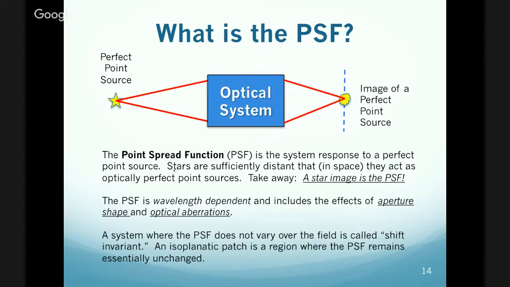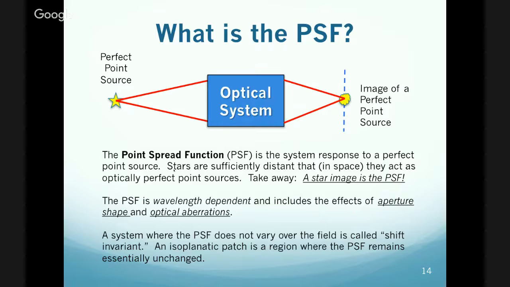star that is sufficiently distant that in space it acts as an optically perfect point source. And so, for example, if we got rid of the atmosphere, if we were out where Hubble is and we pointed our telescope at a star, that star image is the point spread function for your optical system. The point spread function, it turns out, is wavelength dependent, and it includes the effects of both aperture